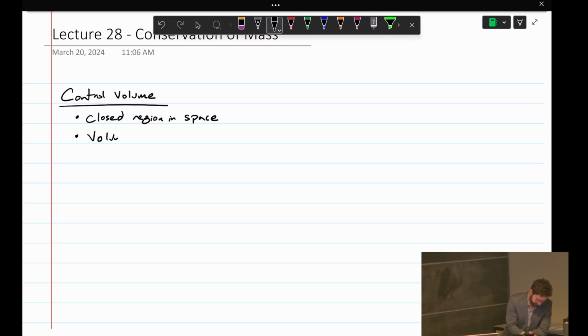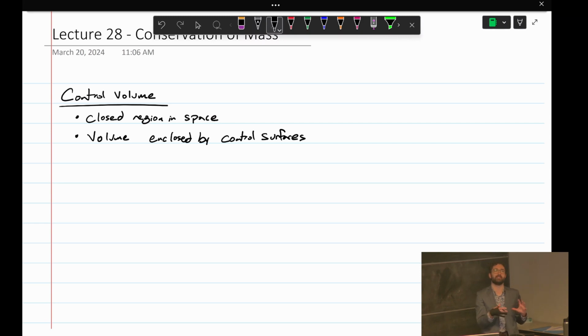It's a volume, control volume. So it's a volume, but it's enclosed by control surfaces. So a volume is enclosed by surfaces, and those surfaces are where most of the analysis is going to happen in this class. Control volumes in general can be